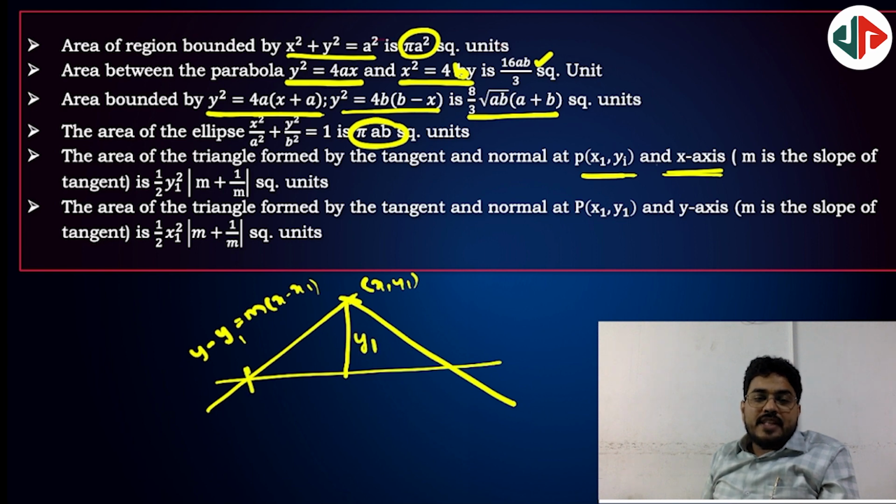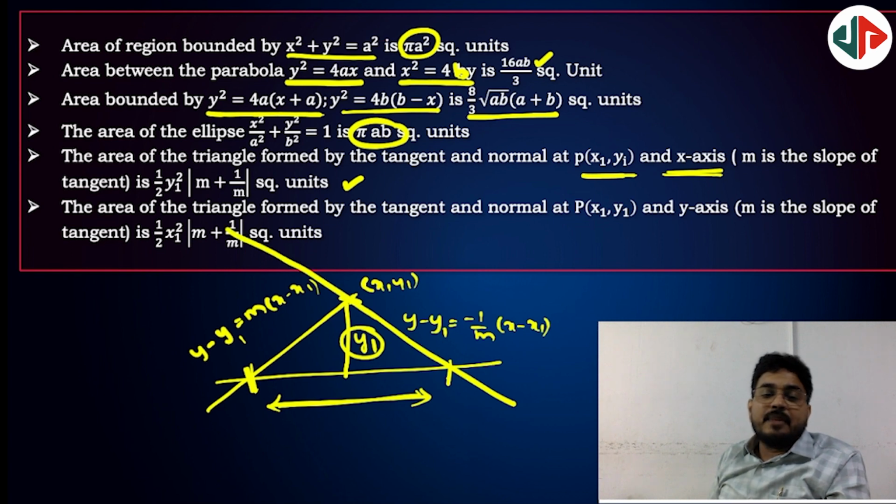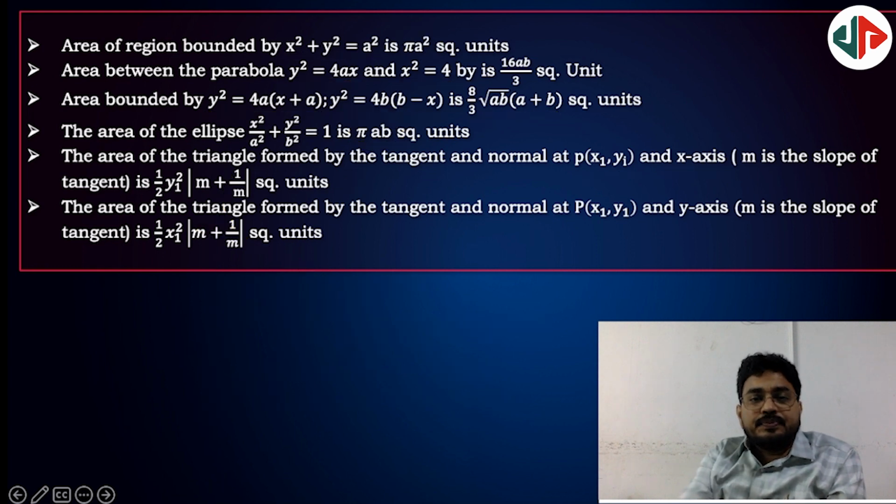You can find out what the x-intercept is here. Similarly, y minus y1 is equal to minus 1 by m into x minus x1. You'll get this distance, and half of this distance into the height will give you this value. If the y-axis is there, this value will be equal to x1. You can write the x and y intercepts of this line and this line, and accordingly find out the values there. Okay,